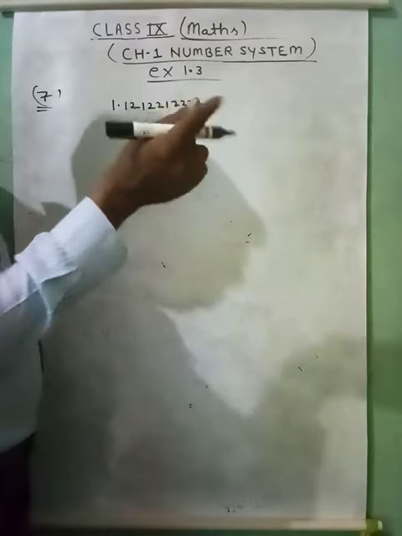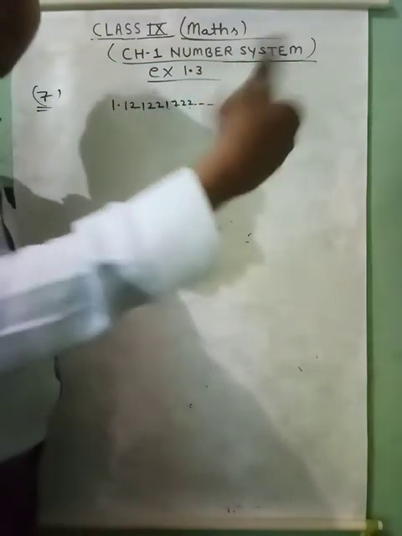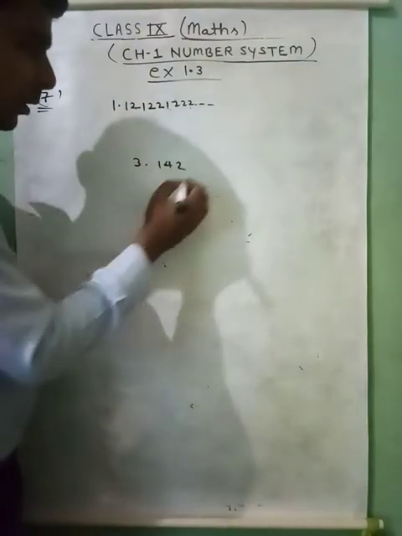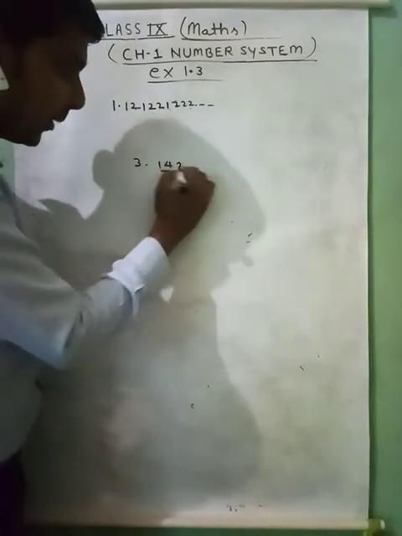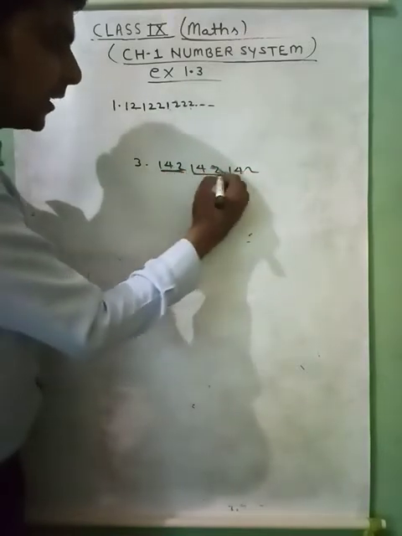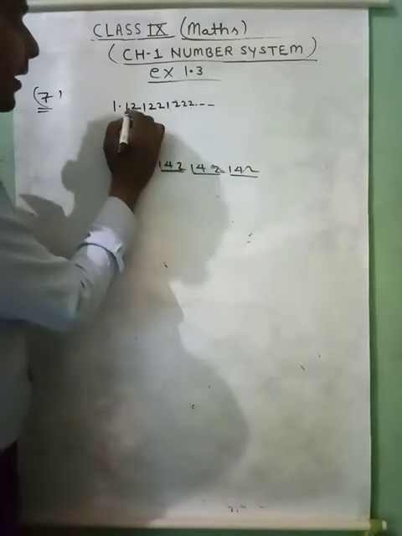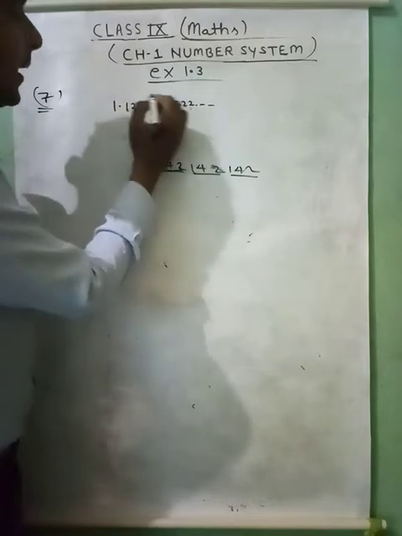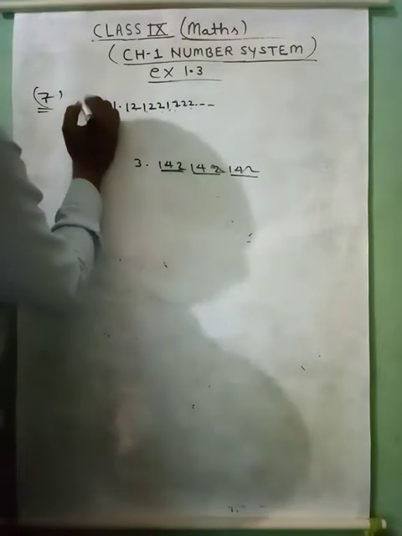Listen, in a rational number a digit will repeat after an interval. Suppose we say 3.142142. It may be a rational number when 3 digits repeat. It means 142, 142. It means this digit group is repeating. But in this irrational number it's not repeating. 1 repeats here, 1 repeats here, but it is 2, it is double 2, it is triple 2. So it is non-terminating, not recurring. It is the first example. Clear?